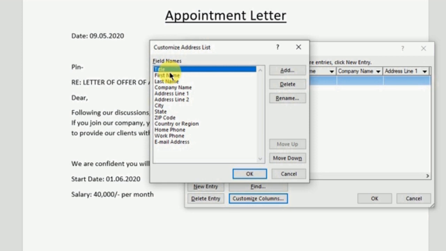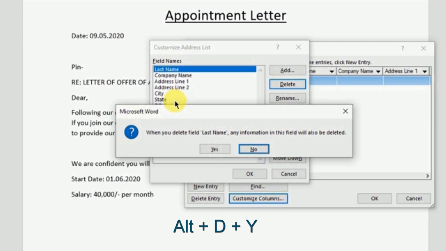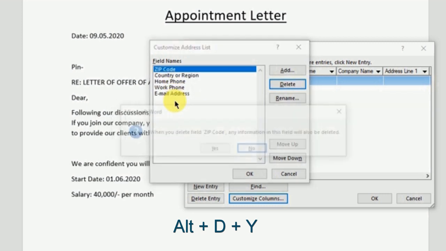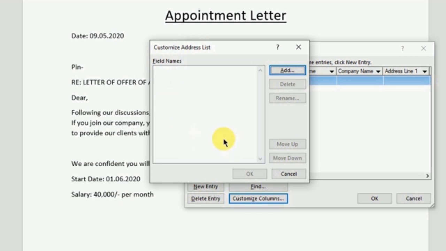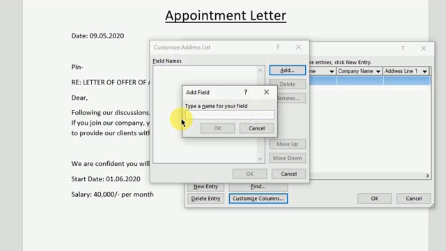Then you can delete them one by one from here, and you can also delete them using the keyboard. Just press Alt D for delete, Y for yes, D Y. Okay. Next click on Add Field. Here I will take the first field, name,